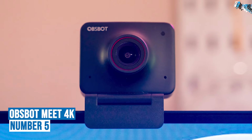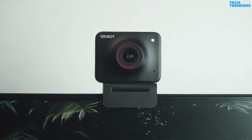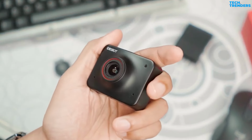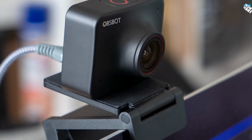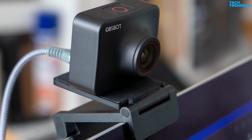Number 5. OBSBOT Meet 4K. The OBSBOT Meet 4K webcam is ideal for remote conferencing, streaming, and content creation. It also feels luxurious to the touch because of its matte texture and rounded corners, yet it is also strong and durable. With a more basic appearance, there aren't many physical controls here, but there is one useful button you